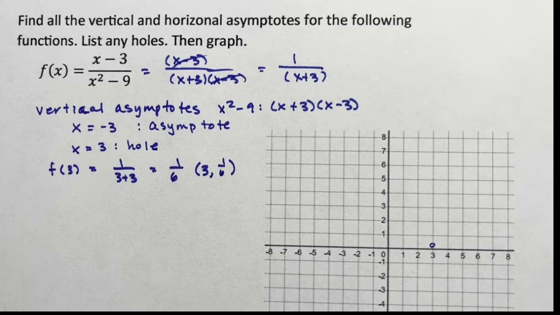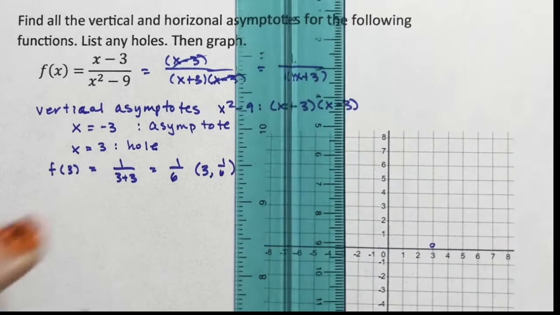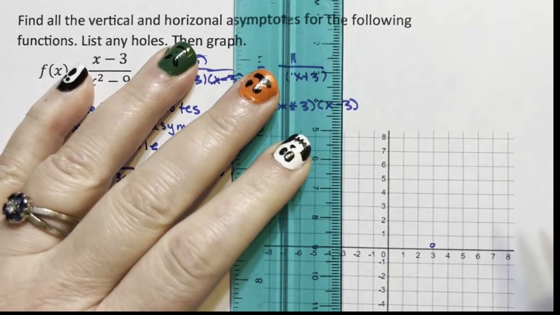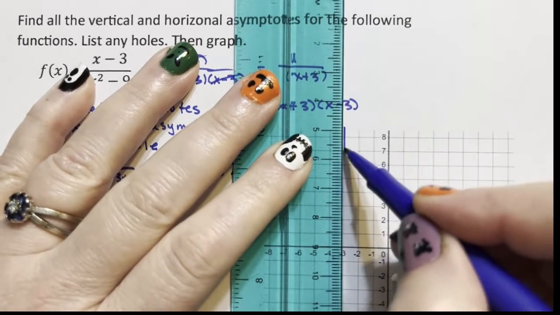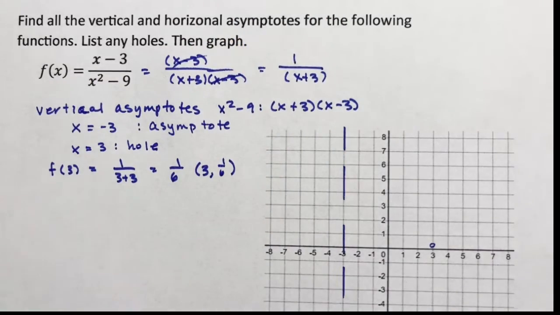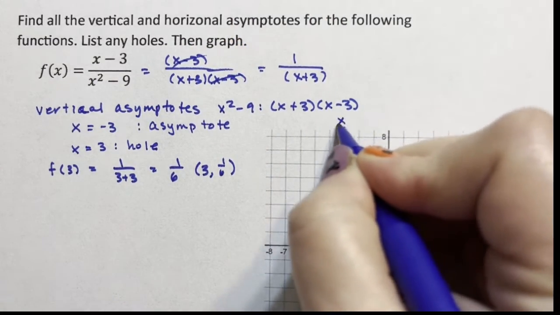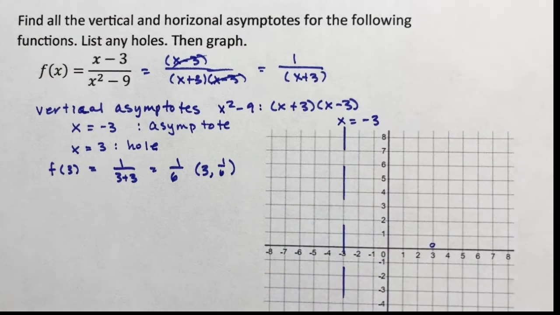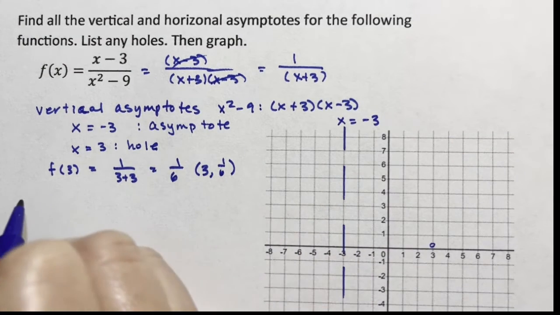I can put in my vertical asymptote at negative 3. That's right about here. I always put it in as a dotted line. It's my little barrier, x equals negative 3. Okay, as for horizontal